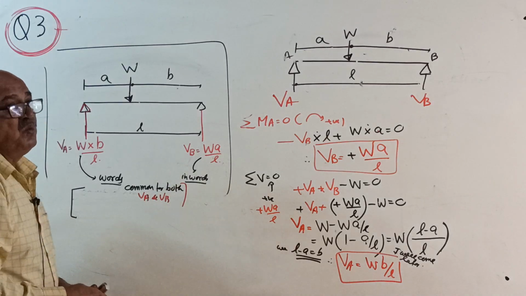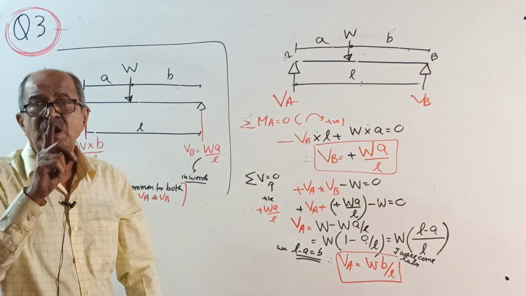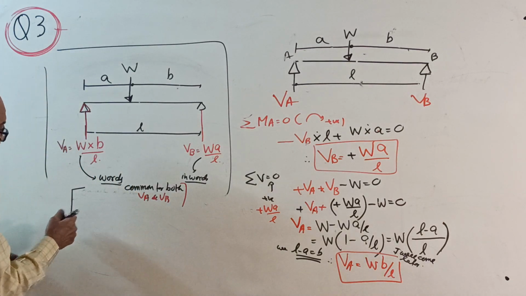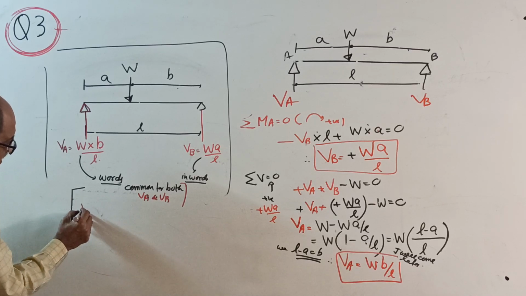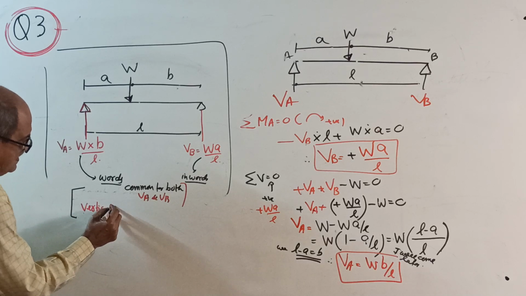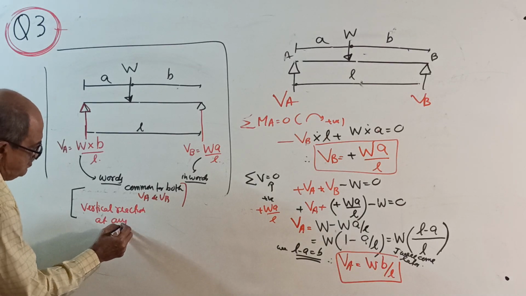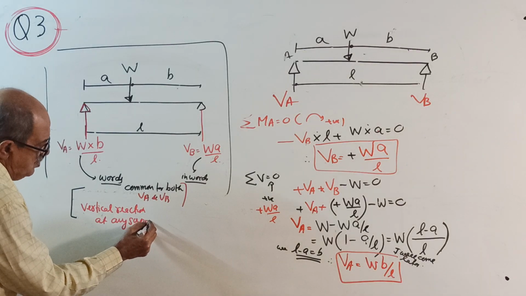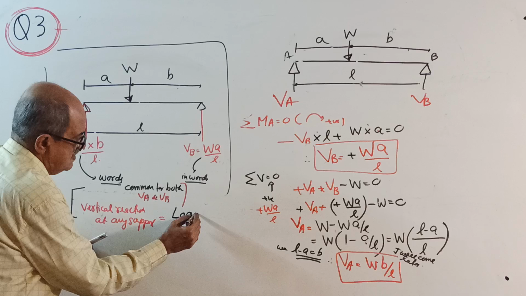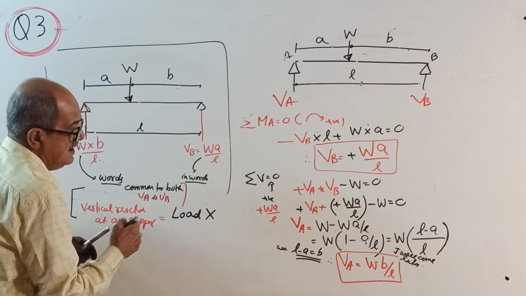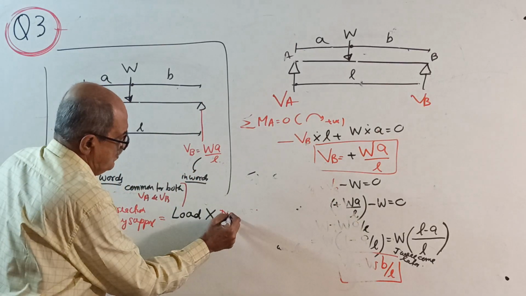But remember, for a simply supported beam with only vertical loading and one point load, any vertical reaction at any support is equal to the load multiplied by the distance of